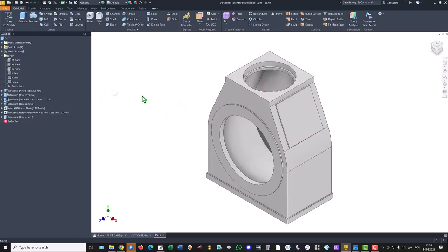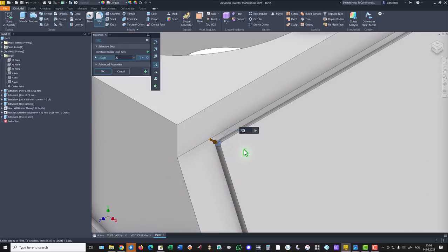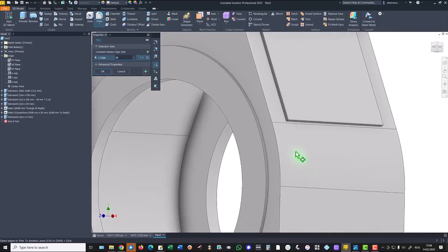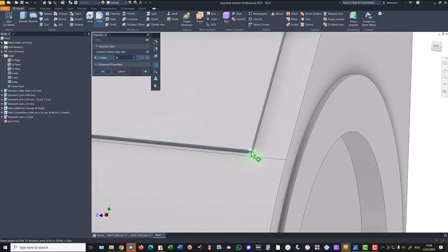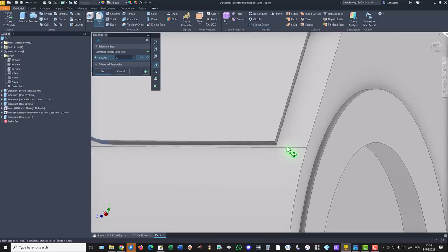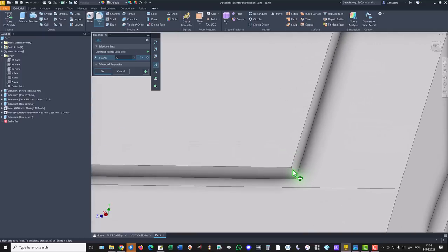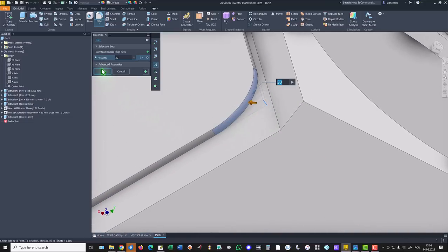Good. We continue with the fillets of this edge. 30 is the radius, and we go to each corner for this. I keep pressing the shift button and I unselect that edge. I want to select this edge and this edge. Okay,